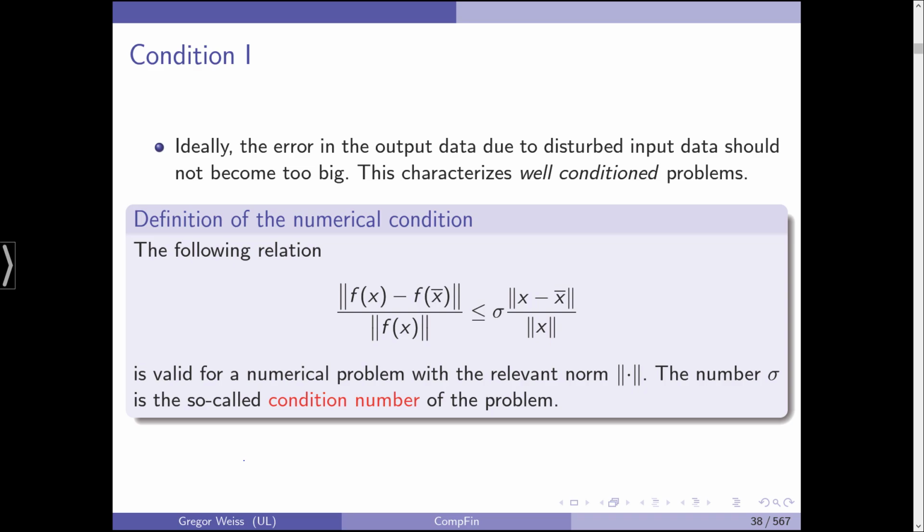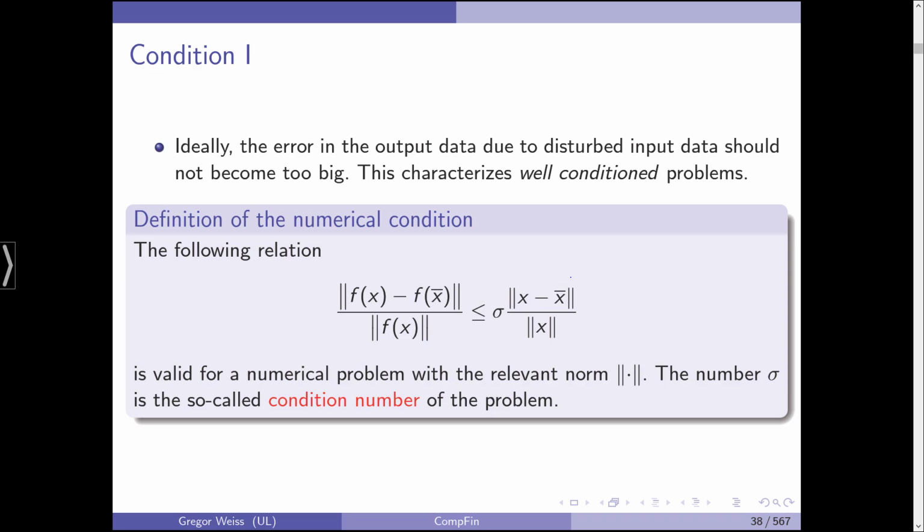Next, let's look at the condition of a mathematical problem. Now, ideally, the error in the output data due to disturbed input data should not become too big, and this characterizes well-conditioned problems. The following relation is defining what we call later on the condition. We have the norm of x minus the disturbed input data x bar relative to the true data. So this is the relative